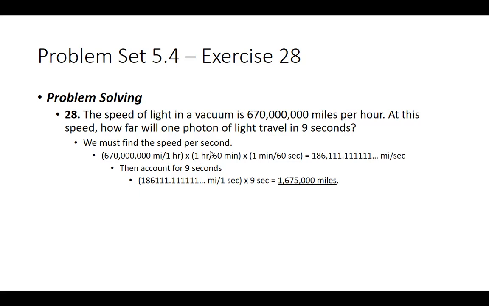So hours goes on top, and our hour conversion first must go through minutes. So minutes on the bottom. That's 1 hour over 60 minutes. Then we need to cancel minutes and get it into per second. So minutes on top to cancel minutes away from the bottom, seconds on the bottom. That's 1 minute over 60 seconds. Doing this math, 670 million divided by 1 times 1 divided by 60 times 1 divided by 60 gives us